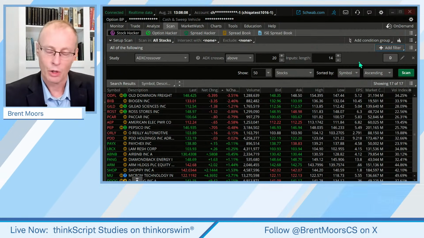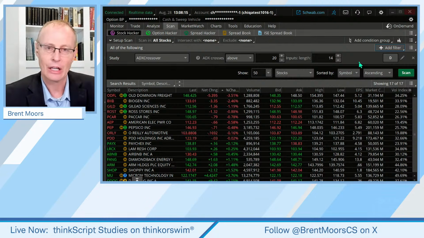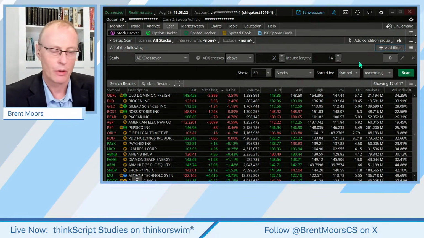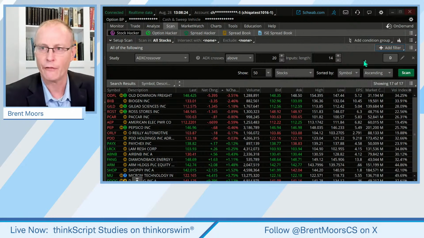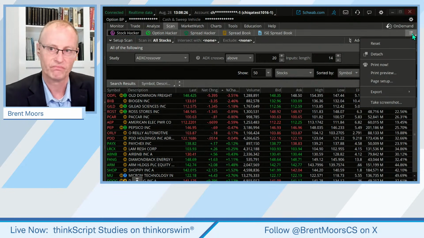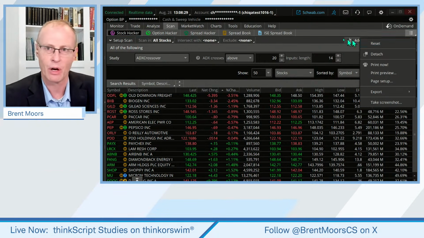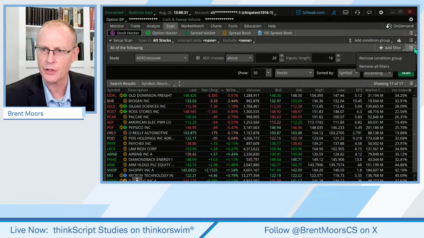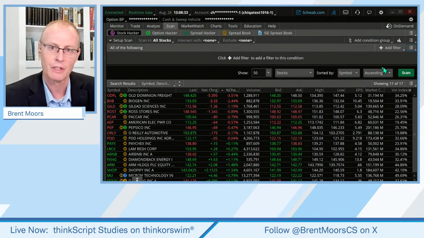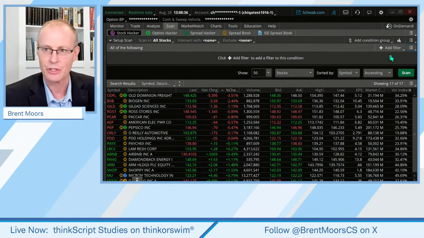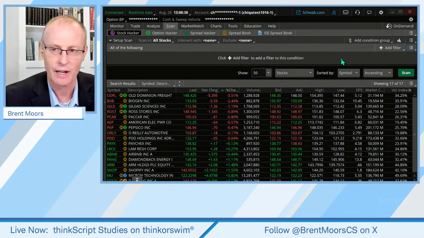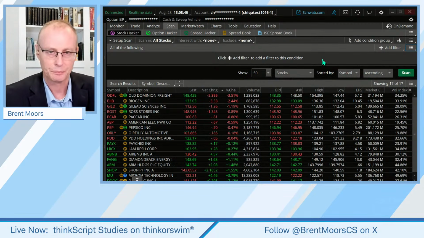Furthermore, we'll create a scan, and I'll share that scan with you today. But that scan won't work on paper money either. It's going to need to be in the live platform. Okay, so you can clear your filters. You just reset right up here. Okay, reset actually gets rid of those. I don't think there's a clear all filters... You're right, there is right there. Thank you, Andre. I should have remembered that instead of doing one at a time. Okay, so you can do it that way.